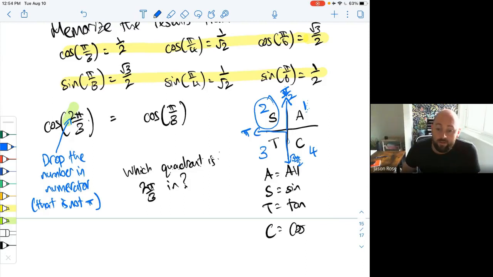So when I said it's between a half and 1, it's because the half, what I'm looking at, is coming from the pi over 2 radians going straight up, the 1 over 2. And the pi radians, that's just 1. 2 over 3 is between a half and 1. So the angle 2 pi over 3 is in that second quadrant. Now in that second quadrant, going by that little chart that we have, sine is the only trig function that's positive in there. Cosine is negative. So when we do it,